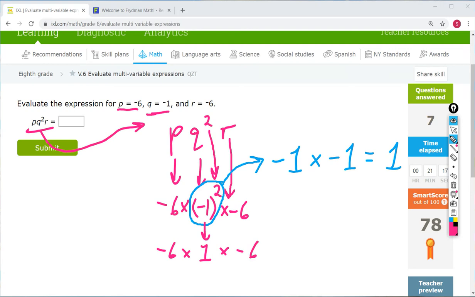So now let's go ahead and do that. -6 times 1. A negative times a positive is negative. So we'll put a -6 over here because 6 times 1 is 6. And then we still have this times -6. Now we have a negative times a negative. Remember, I'm using the multiplication and division rules now. A negative times a negative is a positive. So we'll write